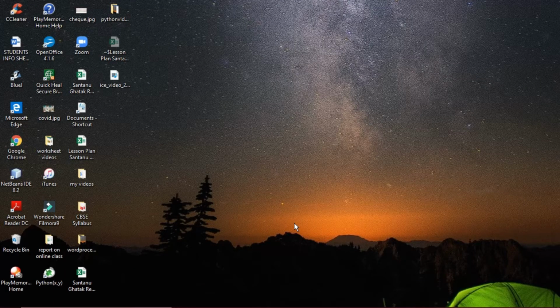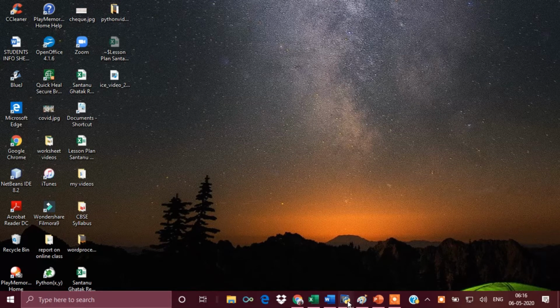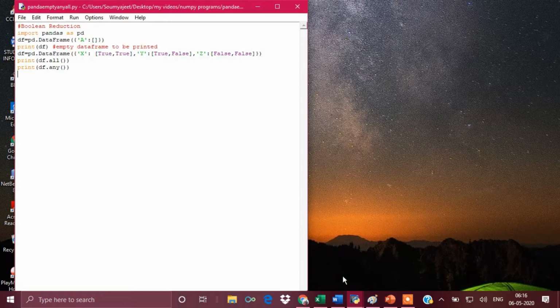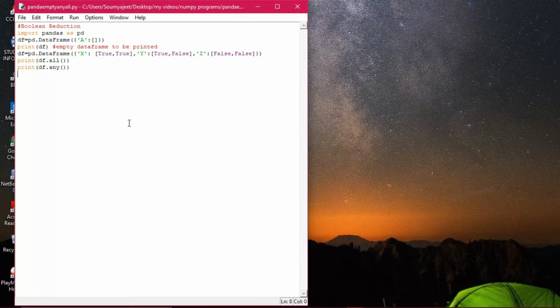Well, students, today we'll discuss Boolean reduction and descriptive statistics with pandas. In Boolean reduction, you can apply reductions with empty, any, all to provide a way to summarize a Boolean result. The all is used to check if all or any item is non-zero, non-empty, or not false. Let us discuss with the help of a practical implementation of the same. Okay, so this is the one.